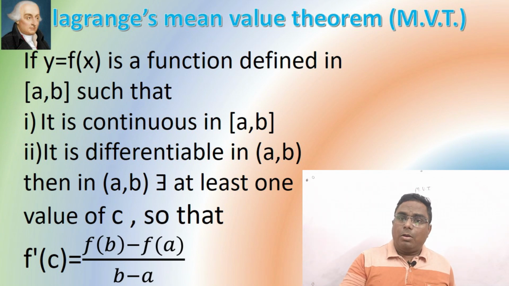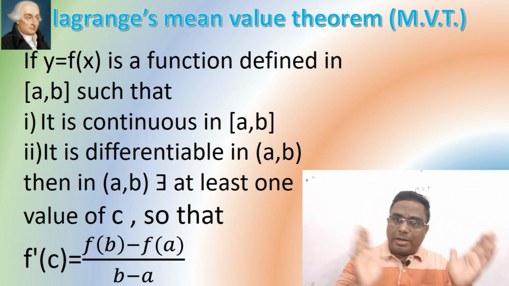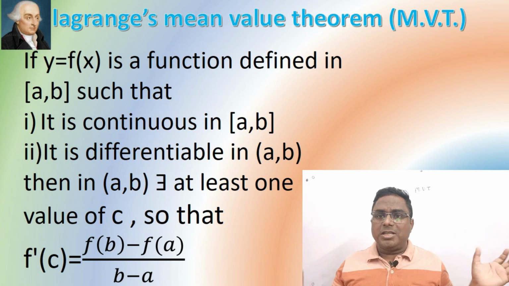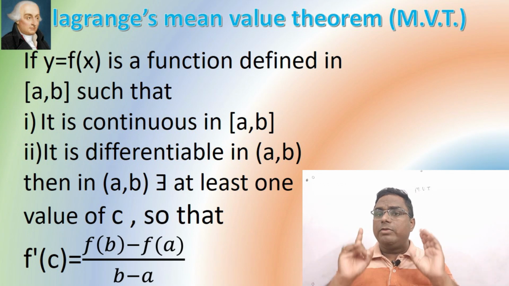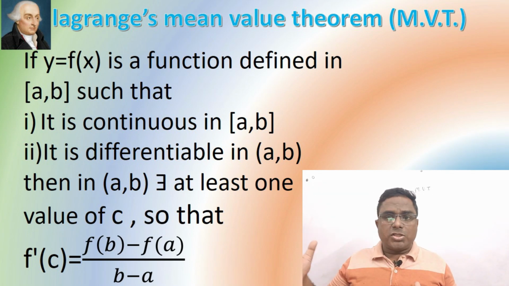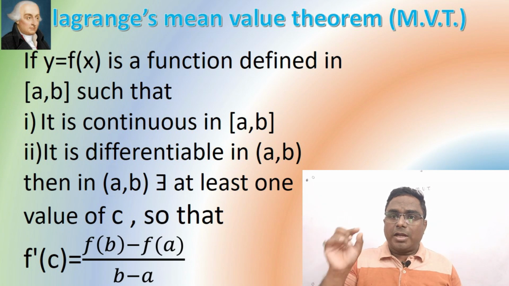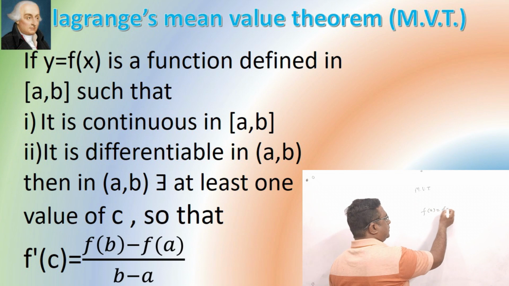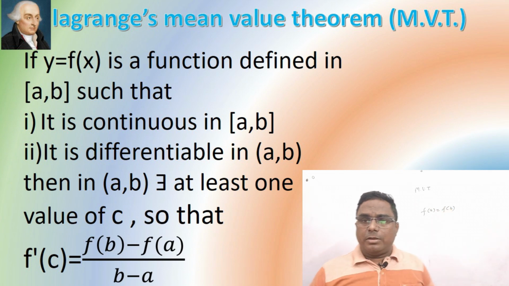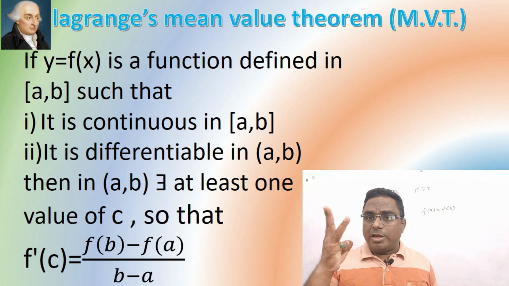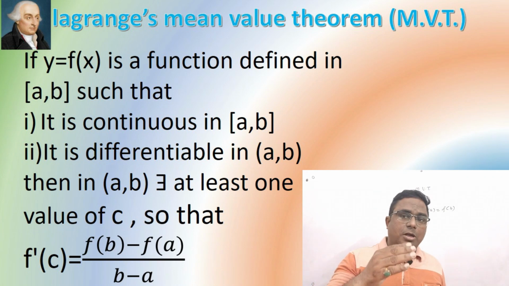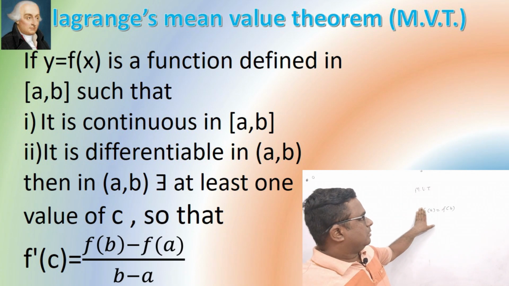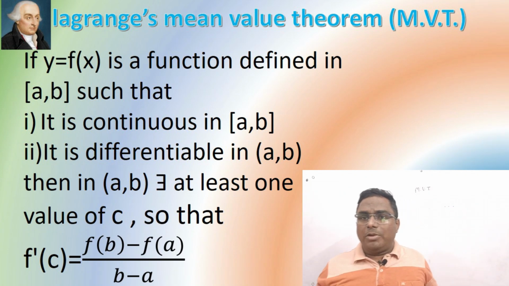Alright. Now, if you compare Rolle's theorem and Lagrange's mean value theorem, then both of the theorems are approximately the same. But there is only one difference. In Rolle's theorem, there was a third point that f(a) equal to f(b). You must be remembering that in Rolle's theorem, there were 3 points, first, second, third, and what was the third point? f(a) equal to f(b). But in Lagrange's mean value theorem, this third part is not applicable.